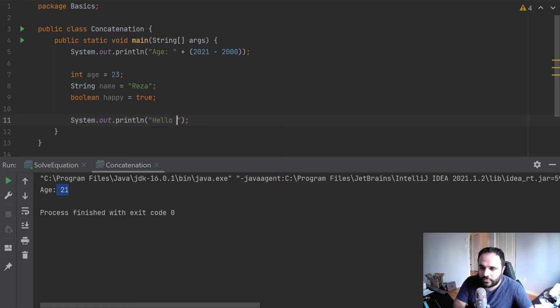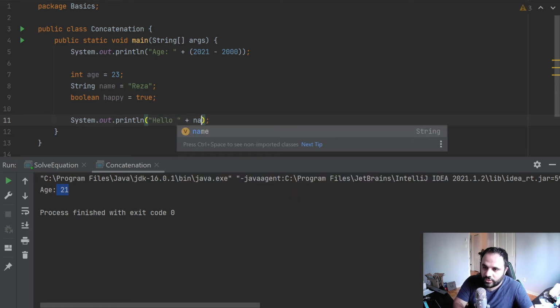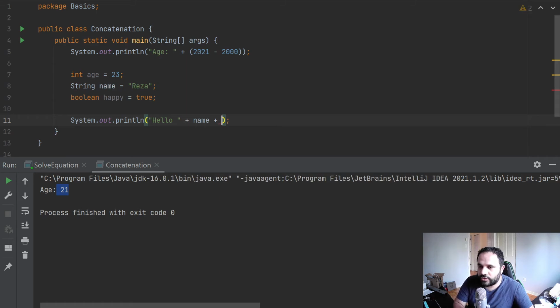Let's say hello, and then we do name, and then we do, I don't know, comma, you are, concatenated again, 23 concatenated again. Notice the extra spaces I put inside of the quotes, right? If you put it outside the quotes, it doesn't matter. We talked about this before, but inside the quotes, it will matter. You are 23 years old,